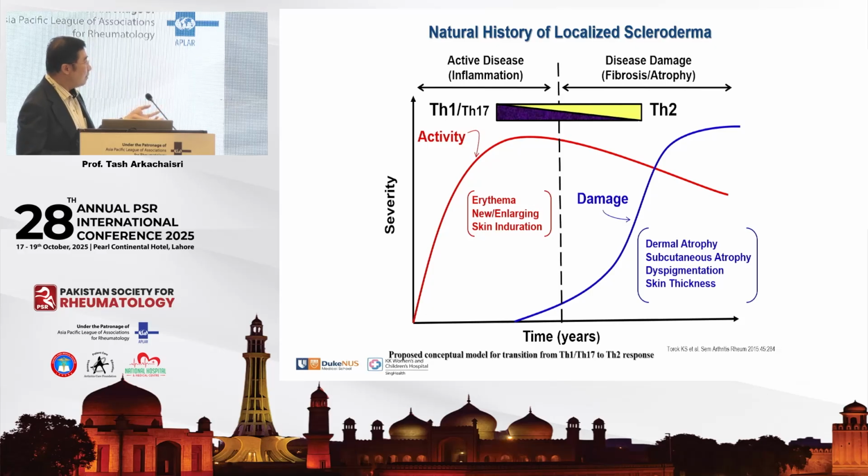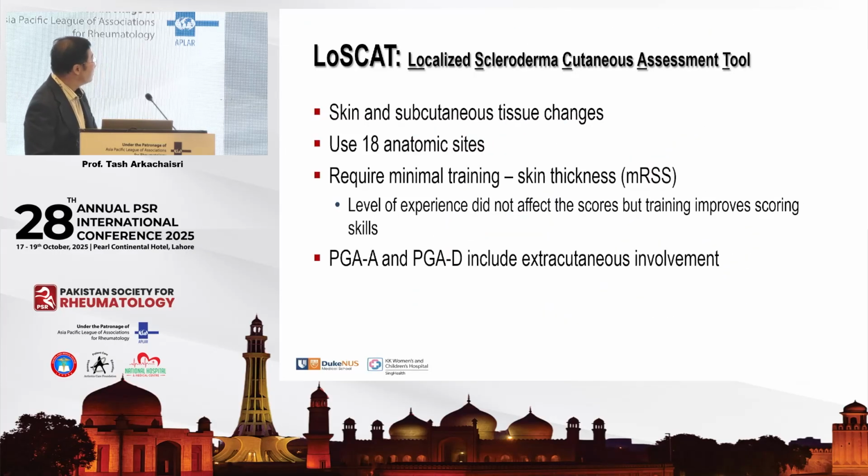Okay, for the damage, we look for the dermal atrophy, we look for the subcutaneous atrophy, we look for the color change of the skin called dyspigmentation in terms of the lighter or darker or skin thickness at the middle of the lesion. And this is when we usually see the patient over here. You already have some activity which may be on the way down, but then you already have damage that you can identify. Okay, so it's called localized scleroderma cutaneous assessment tool because we look at the cutaneous and subcutaneous tissue